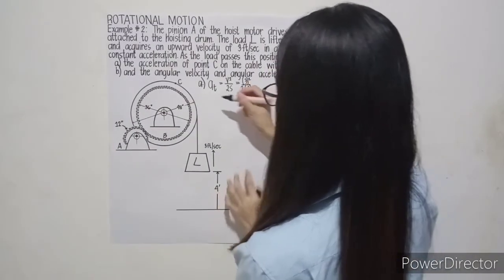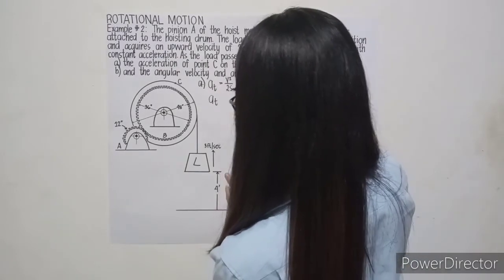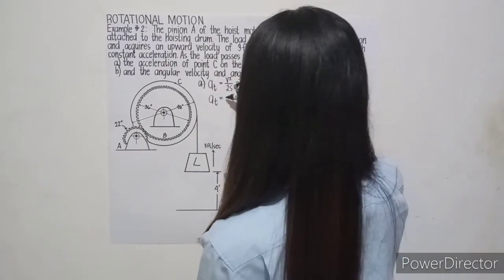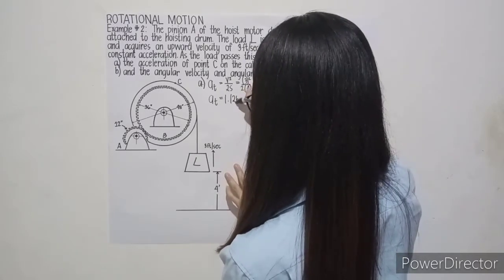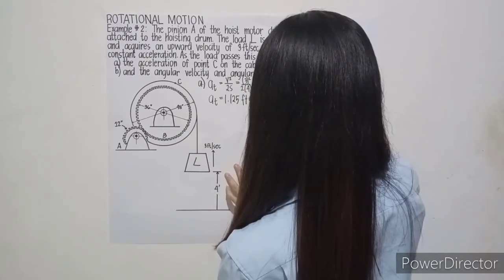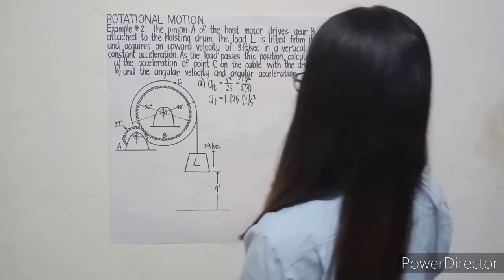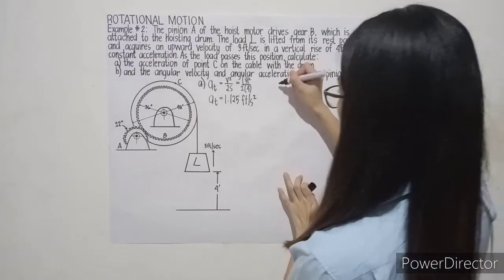Therefore, our tangential acceleration is equal to 1.125 feet per second squared. And for normal acceleration, we have